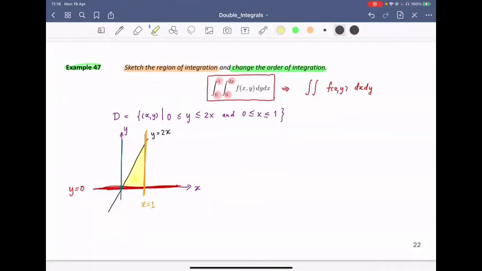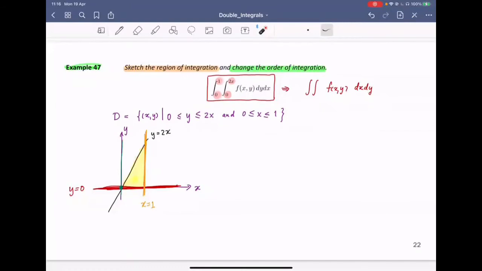If you are not sure you get the correct one or not, you can double check with the question. So the question says you're going to integrate dy dx. That means y is inside. So that means you're going to draw a vertical line, right? Because you integrate with respect to y first. So basically you draw the vertical line here for the